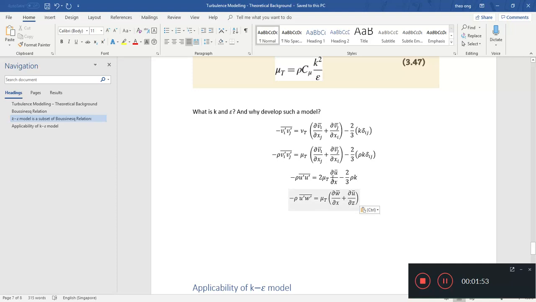Now I want to bring our attention to first, when we try to simplify and get rid of some unknowns, for example the average of the fluctuations, we find that we have two new unknowns. One is this, which is the kinematic turbulent viscosity, or if you multiply by the density, it becomes the dynamic turbulent viscosity, and of course this k, which is some turbulent kinetic energy. If you check the units, there is a rho here, which is density, and there is a delta ij here, which is the Kronecker delta. These are dimensionless, and this 2/3 is dimensionless. Therefore, this k is in the units of